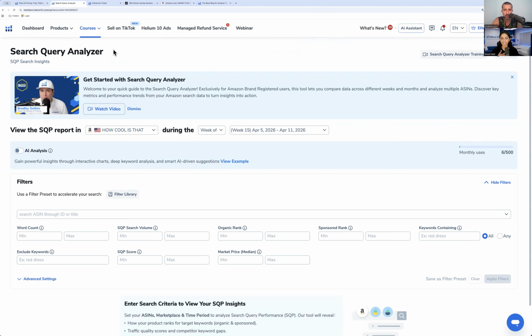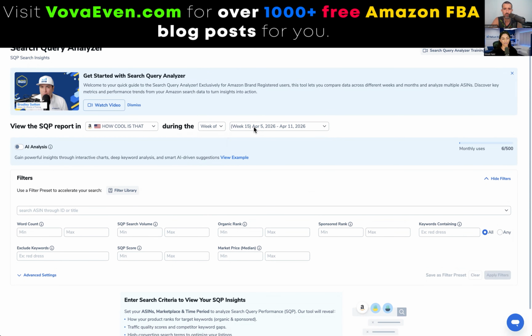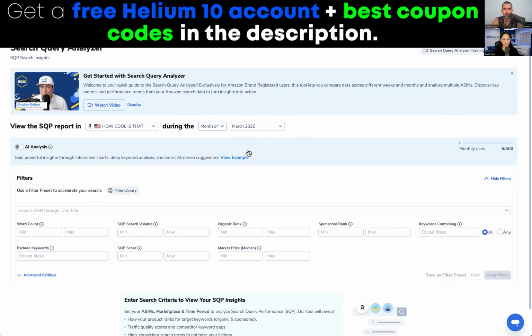Search Query Analyzer, I think, is my number one favorite tool because usually it's really time consuming. If you're going into Seller Central, you're going to have to download weekly reports and go in, make pivot tables. If you want to see it over time, then the only place you can really do that is go in with Helium 10 Search Query Analyzer, select week of or month of, and you can select, let's say, a whole